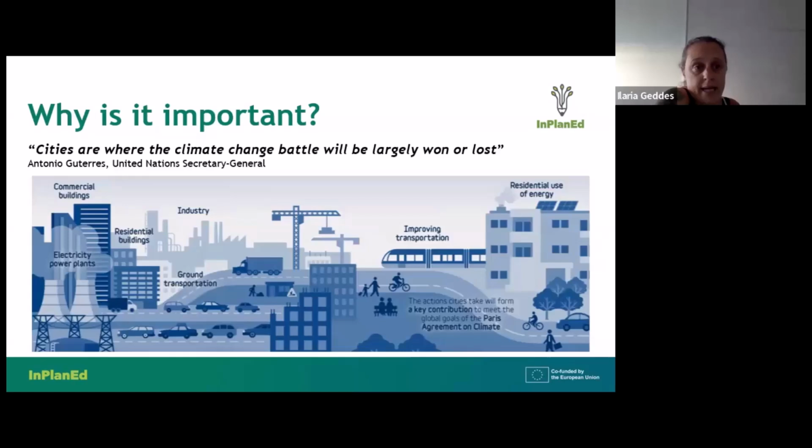So why is systems thinking important? Cities have a huge impact on climate change if you take cities as a whole, with all their transport infrastructures, energy systems, heating and cooling systems, and so on. They consume a lot of energy. They have very dense populations, a lot of them, and therefore they are a hotspot for carbon emissions. So at the moment, over 50% of the global population lives in cities.